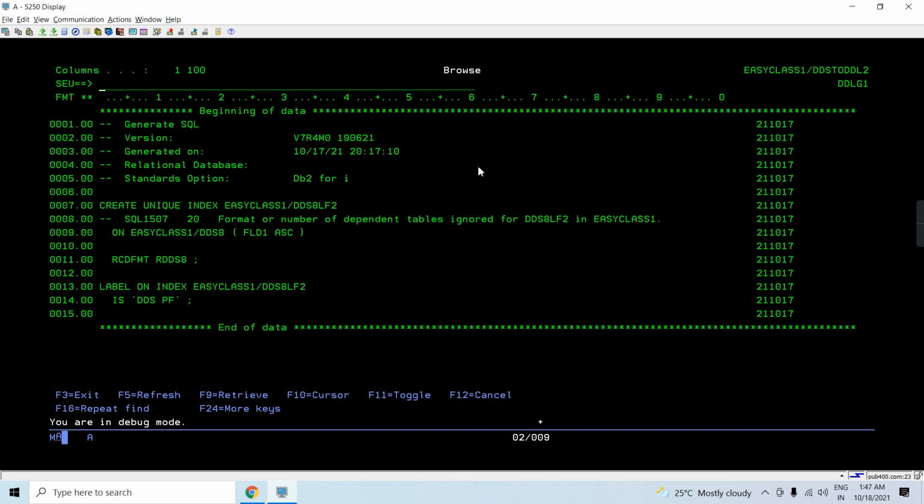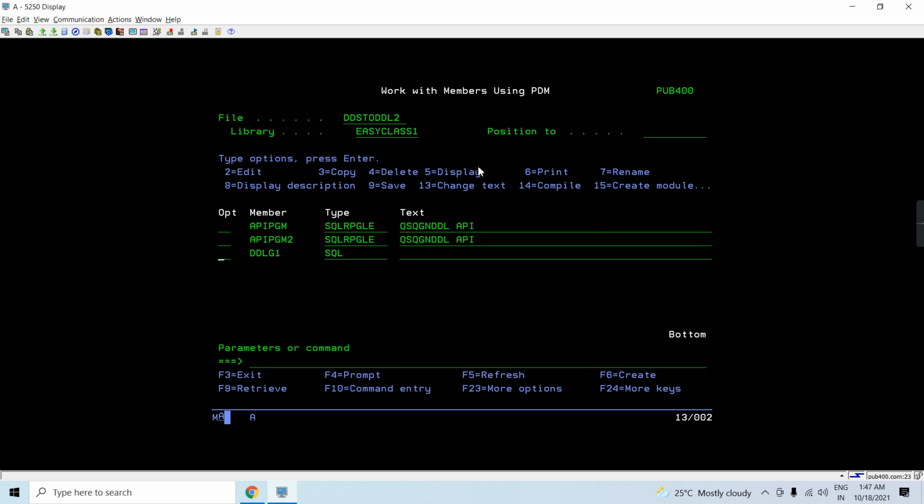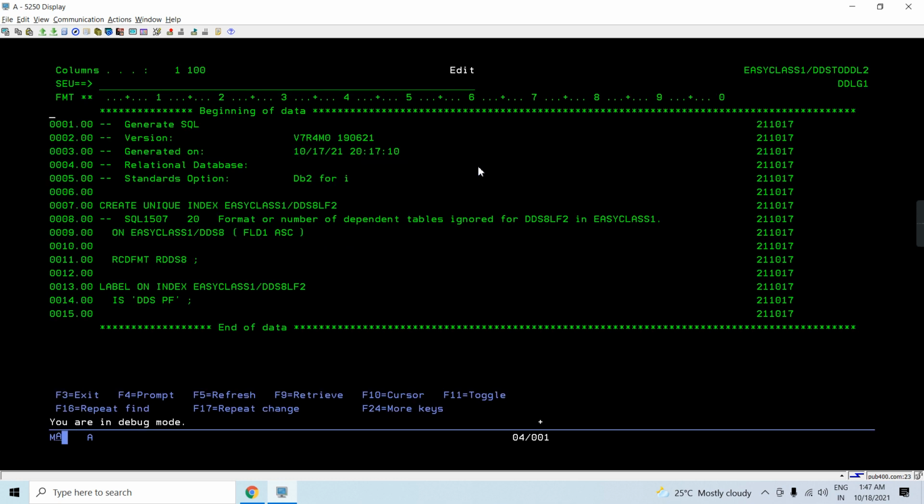Let's see, create unique index. So this time a unique index is created, which is DDS8LF2 on this table, field 1 ascending. So this is going to be the key, and record format name is this, label on index is this. Let's delete this.